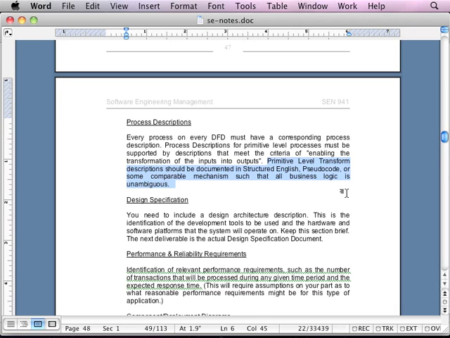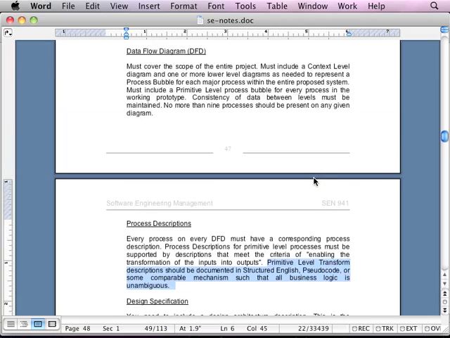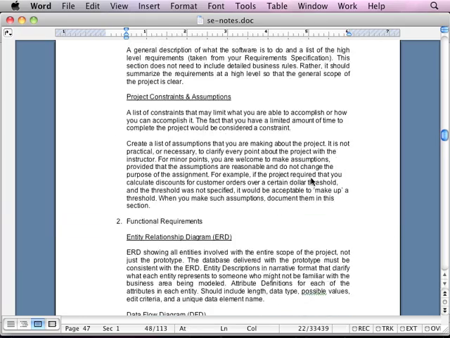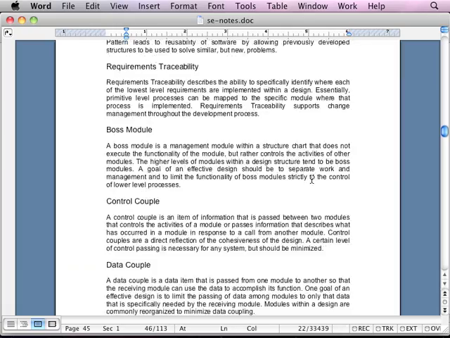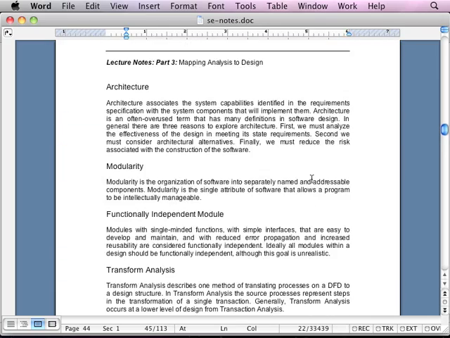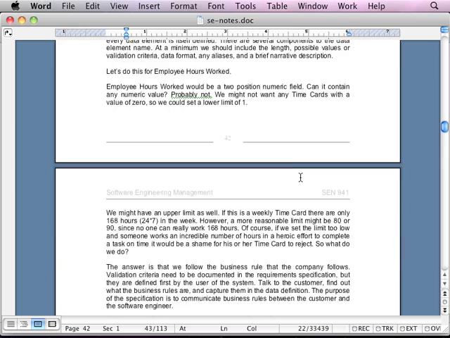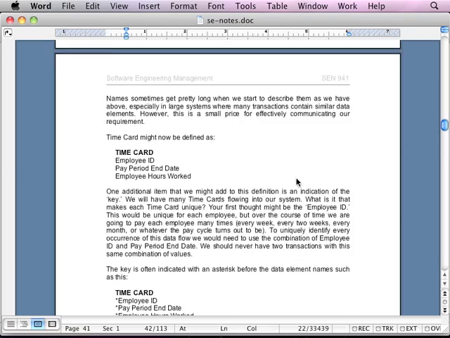Comparative mechanism for business logic. So it's unambiguous. And if you're wondering where this structured English pseudocode stuff comes from, it's actually explained further up in the course notes. In fact, another thing you're going to find in the course notes if you download it and read it,